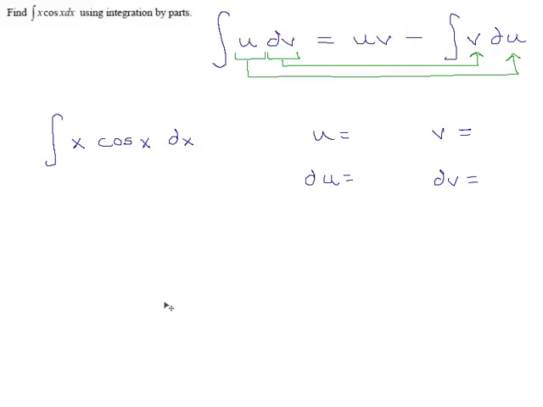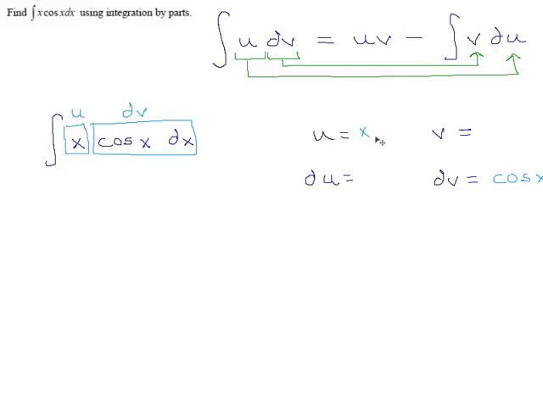Let's try a different assignment of u and dv. Last time, I picked the x and dx part as our dv. This time, I'll switch to a different color because we're going to do it right this time. I'm going to take these two pieces and say that those are dv, and I'm going to pick this x and let that be our u. So we'll just copy that over here. Our u is x, our dv is